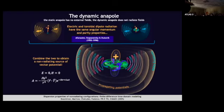A very interesting feature of such a structure is that, irrespective of the gauge, the fields outside of the anapole in the far field are zero, but the vector potential is not. And this created a considerable body of literature to see if this vector potential is real, and whether it can be used for telecommunications. I don't want to go into that, but I want to show you that an anapole